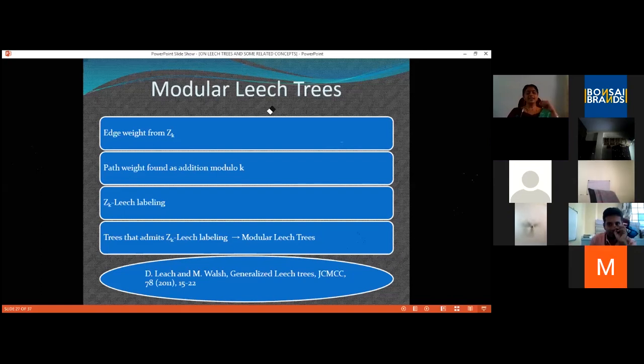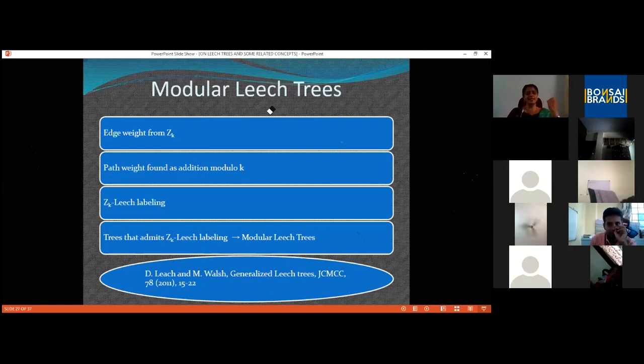And while computing path weight, we are adding the labels and taking modulo k. There lies the difference. While taking path weight, it's not just the ordinary sum, but it is the mod k sum we are using.